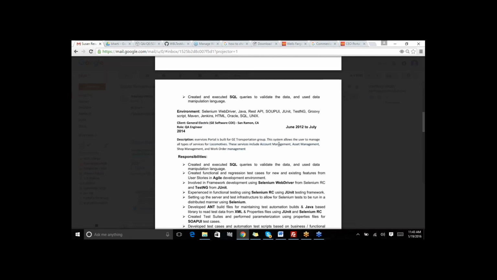Account management, right? Managing the account. Asset management is that most of the time whatever you have purchased, whatever order you have got, becomes your asset. Okay. This is your order management, this is your product management. Any normal website that you can talk about, any e-commerce website, for locomotives.